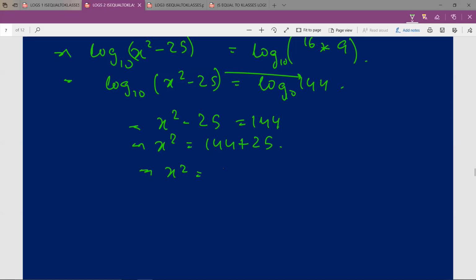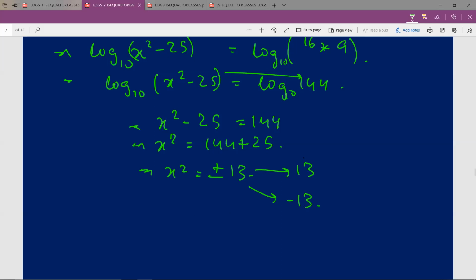Now only if you are in 7th or 8th grade, you could write it as 13 and move on forward. If you are in 9th, 10th, plus 1 or plus 2, you have to write it as plus minus 13. Now, if you think that you have to write plus minus 13 and the teacher will give you marks, no, that is not right. Why? Because you have to convert these into two answers. That will be plus 13 or simply 13 and minus 13.